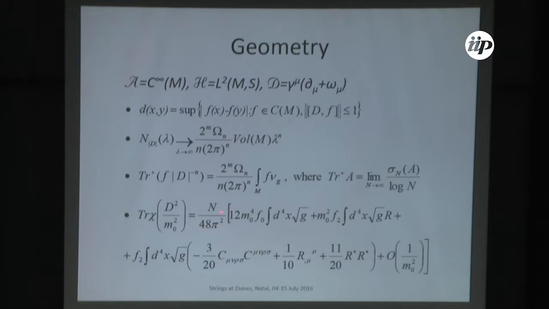And here is the low energy expansion, the heat kernel expansion of this trace. You see that the first coefficients, which are just geometry, reproduce exactly the cosmological term, Einstein-Hilbert, and higher-order terms which look like quantum corrections. So that was the inspiration for people to think that maybe this has some relation to physics. Of course, as I said, this is an infrared expansion, but that's what I will need.